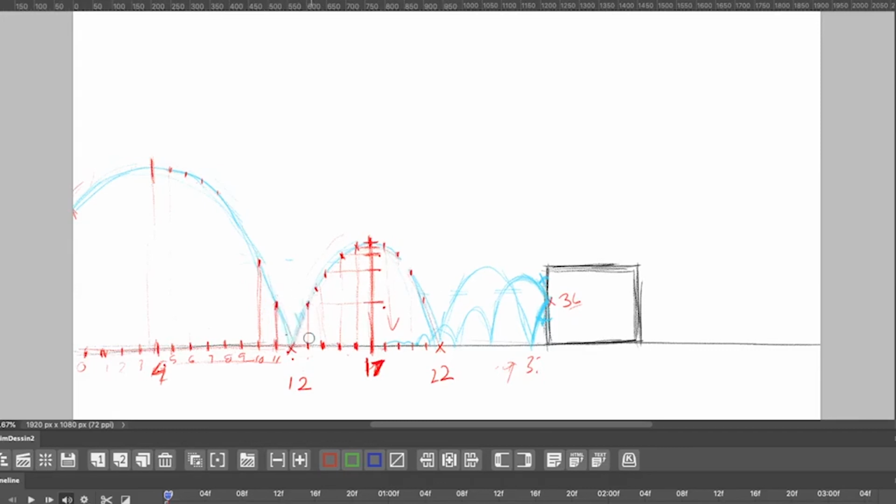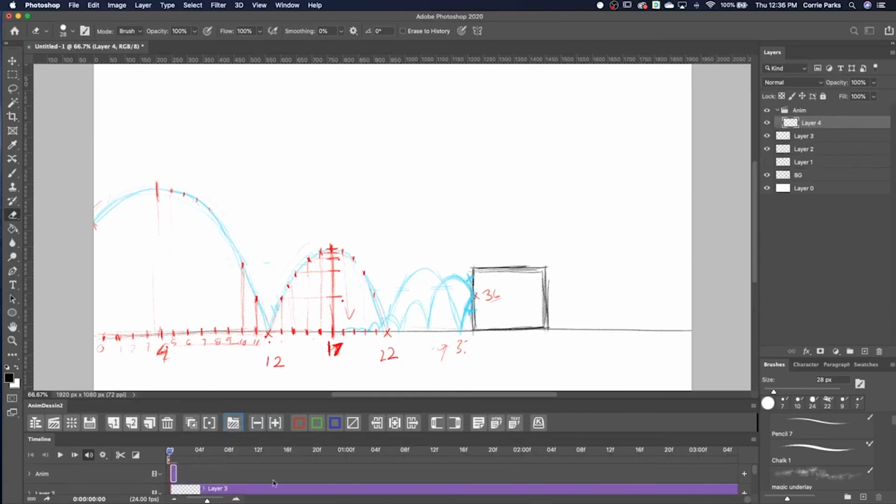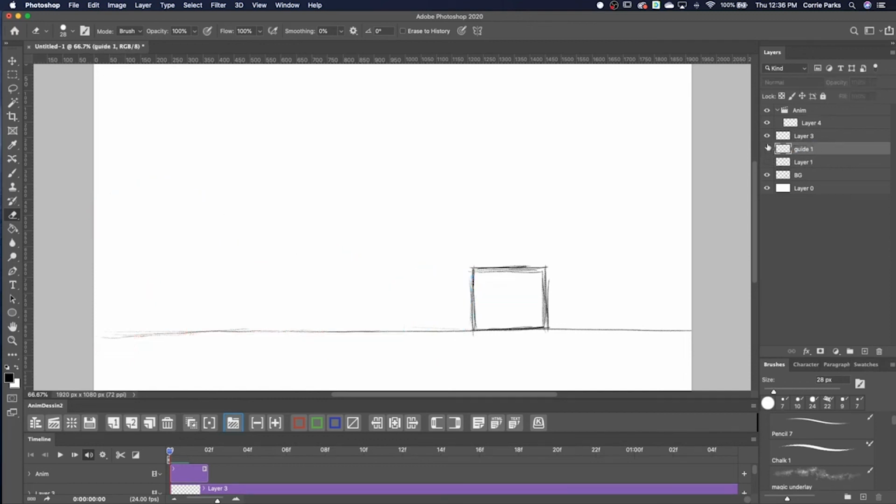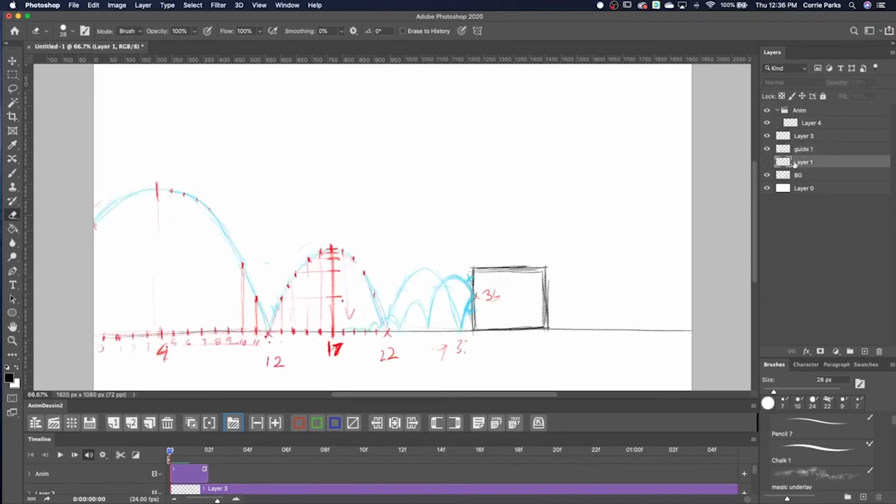Okay, so I want to show you just one more best practice thing. So I'm actually going to set up the actual animation frame by frame thing here, so I can use actual frames. And we're at 24 frames per second, so I'm going to animate on 2s here. And I'm going to go to my guide layer. Oh, bad me. I need to be labeling, guide 1. Very important to label. Here we go. This is guide 2. Just like that. Okay, so I'm on my guide layer, and